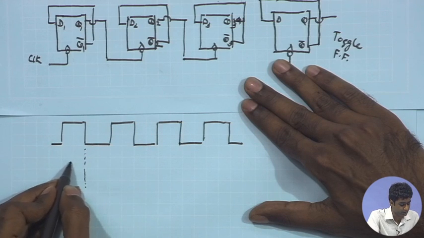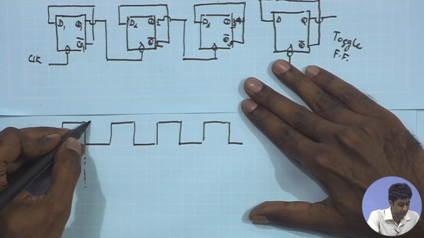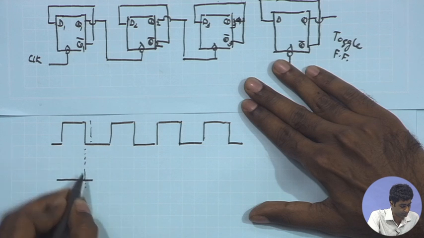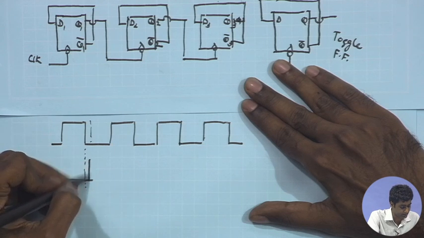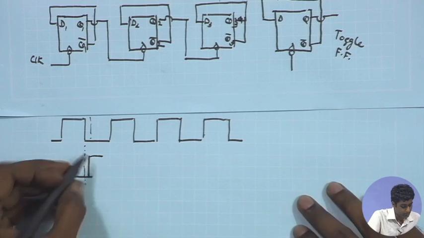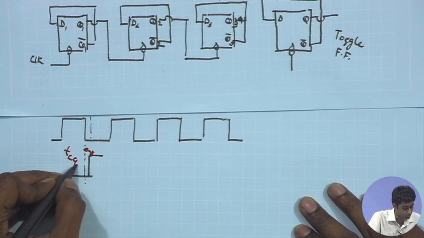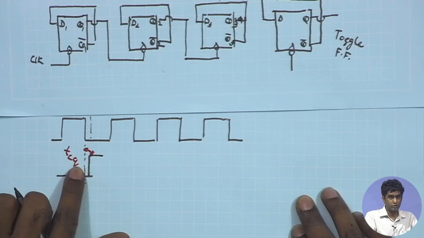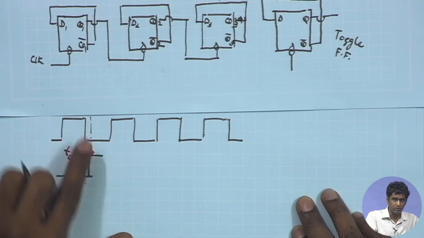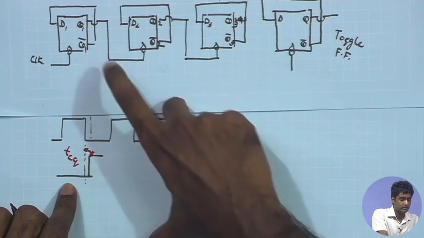So, it is going to make transition only after a certain finite amount of delay after the negative edge. So, it is going to toggle after a certain delay. We can call this delay T clock to Q, C to Q. So, it is with respect to the downgoing edge of the clock, what is the time taken by the flip flop